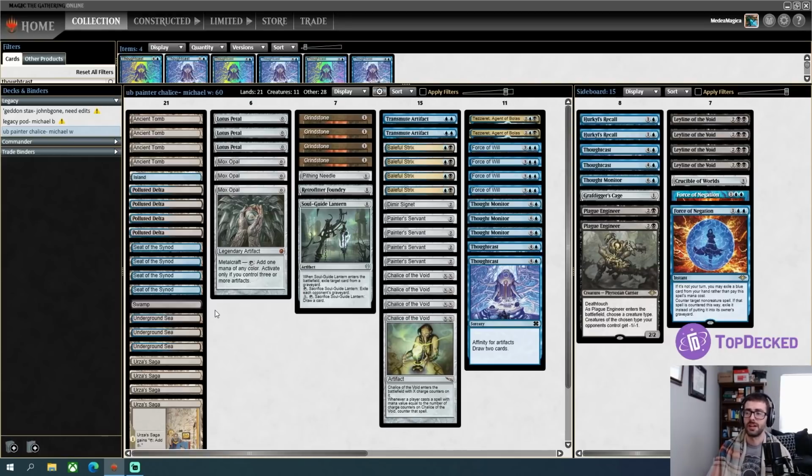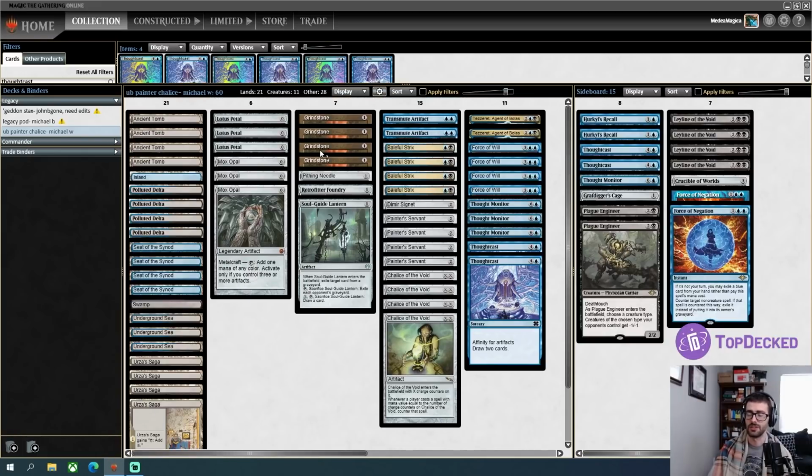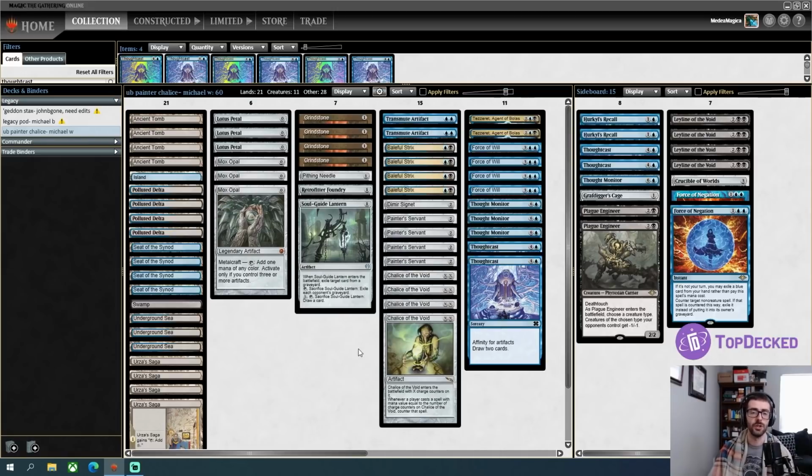And so kind of what Michael had in mind was, if you have Urza's Saga that allows you to sneak a Grindstone into play, you can just use your Ancient Tomb and Mox Opal mana in order to power out Chalice of the Void earlier. And then Chalice of the Void protects your Painter from Swords to Plowshares, Lightning Bolt, Fatal Push, and removal spells of that nature. We do only have 7 1-drops in the deck, so we have a pretty reasonable tight package